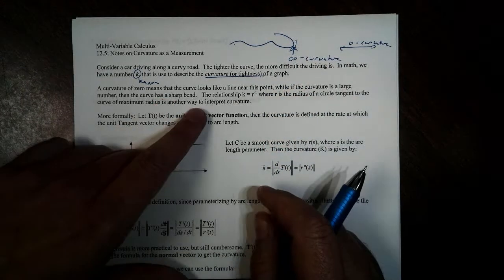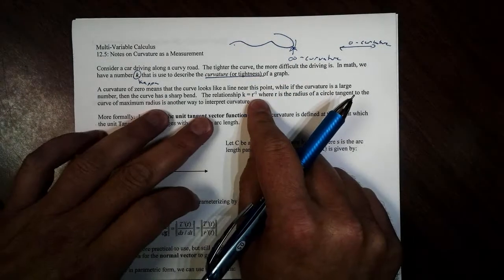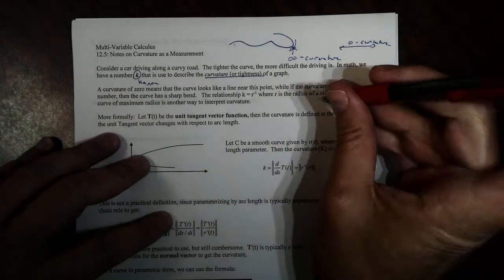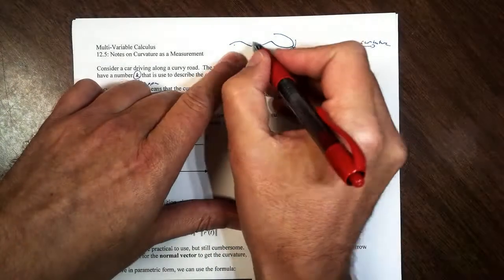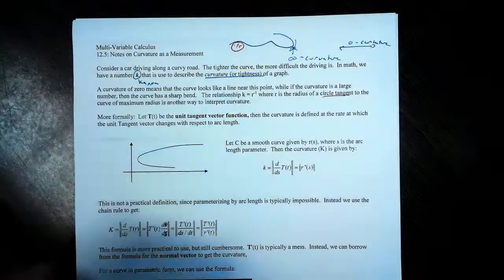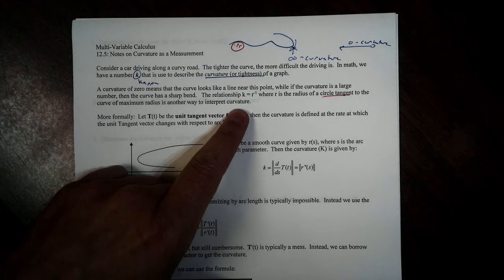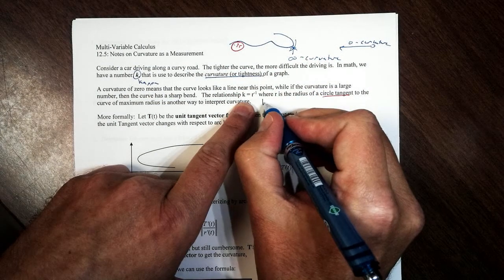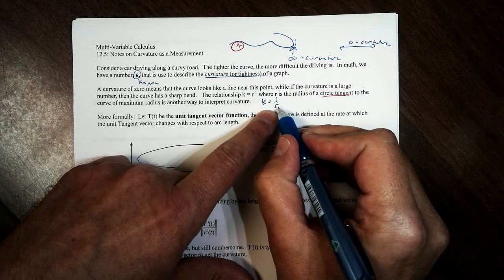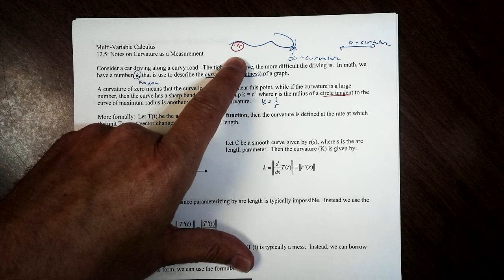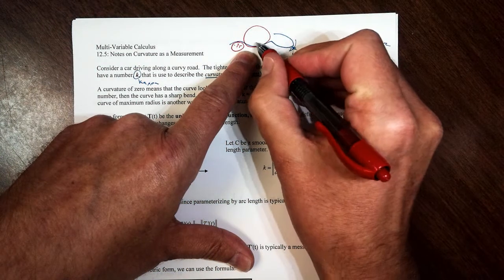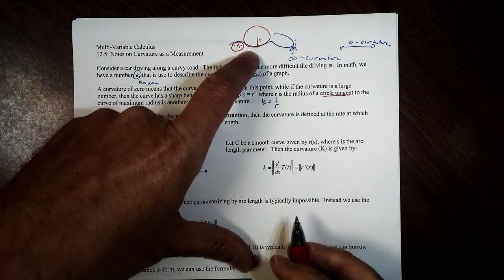I'm barely alive. Now, we can define curvature with the relationship with the radius of a tangent circle. So if I think of a circle at a point, tangent to that circle is going to have a radius. Well, kappa, or the curvature, is an inverse relationship, 1 over r. So what that says is if I drew a tangent circle to this graph, if I have a larger radius,